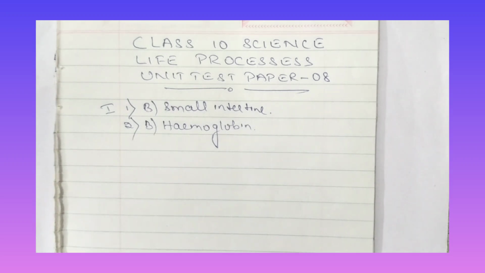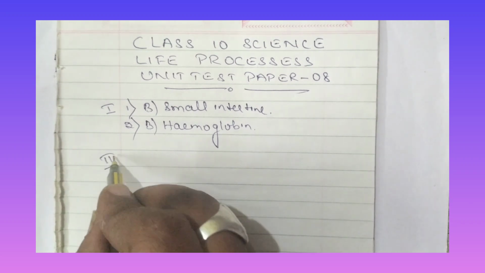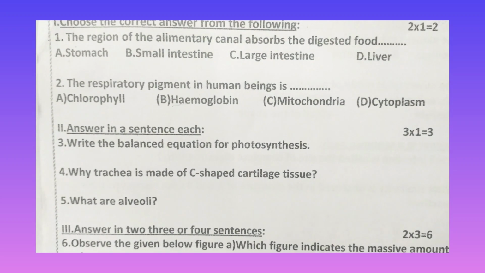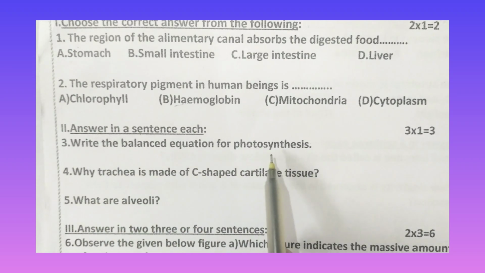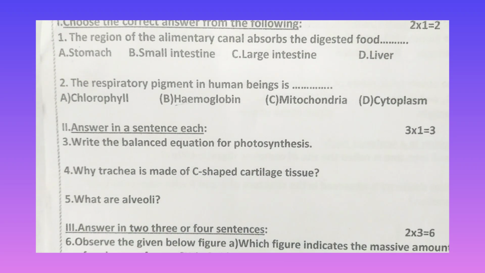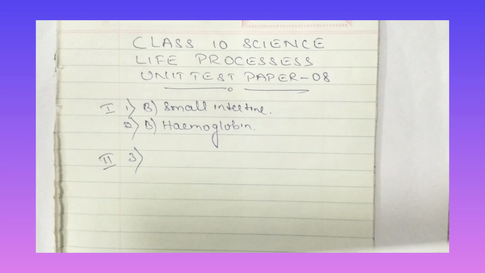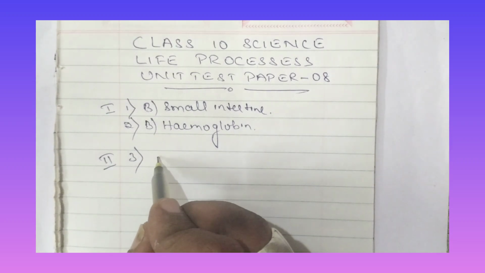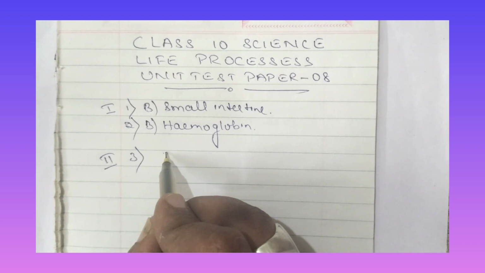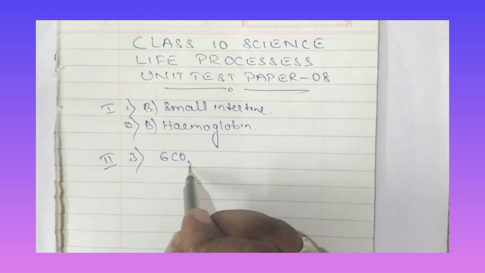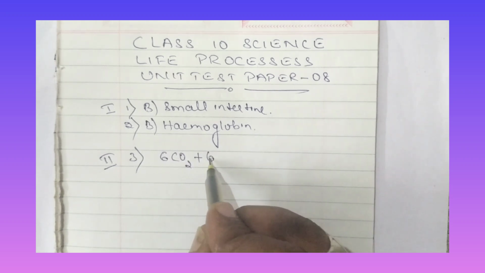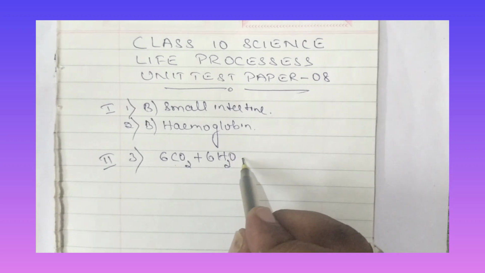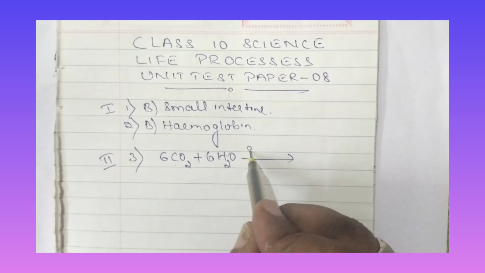Now let us move to the second mark, that is question number 3. Write the balanced equation for photosynthesis. So let us write the balanced equation for photosynthesis. The balanced equation for photosynthesis is 6CO2 plus 6H2O, carbon dioxide and water, in presence of sunlight